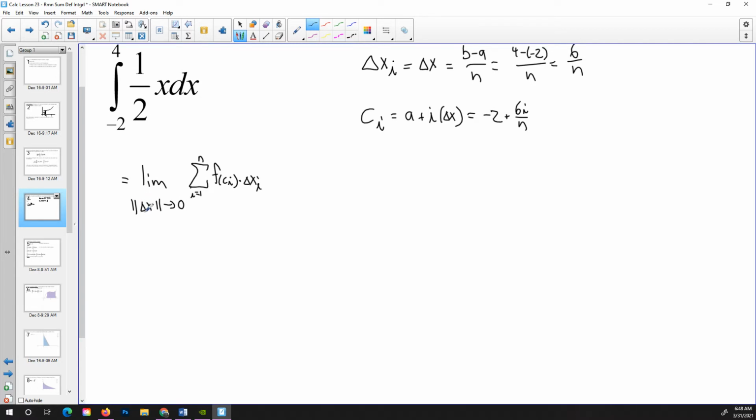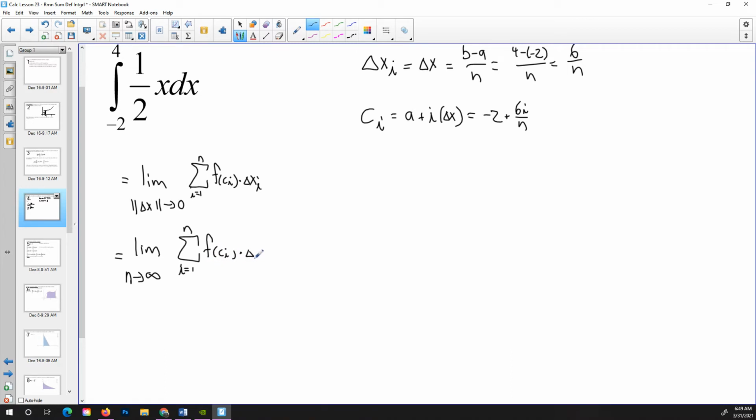So our limit, as our partitions go to 0, of the sum of the heights by the widths is going to be the limit now as n goes to infinity. Now why does it change here? Because we want delta x to go to 0, but we are replacing our delta x with 6 over n. So if we want delta x to go to 0, then we need to let n go to infinity, because when n goes to infinity, 6 over n goes to 0. As i goes from 1 to n of f of ci